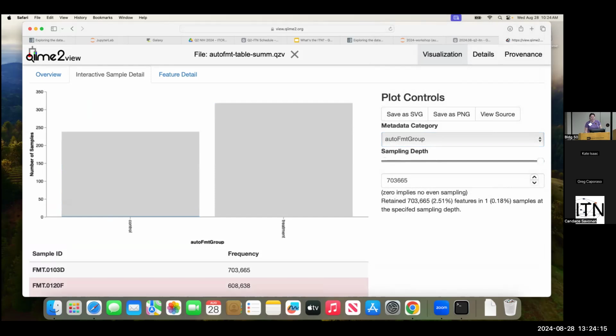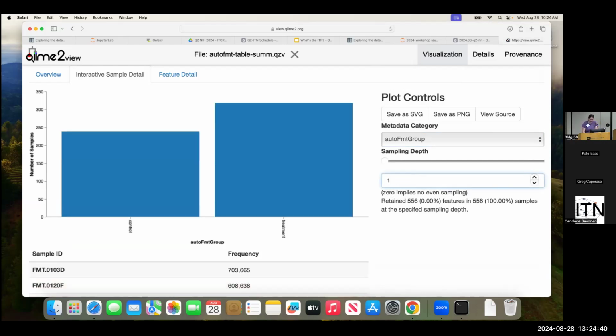And so if I slide this all the way over, I keep one whole sample, which is super exciting, but I lose all my other samples in the process. The positive of this is that I can investigate that sample as much as I want. The negative is that no statistical methods allow you to run on one sample. So I don't think that will be my sampling depth. But here we're playing a balancing game where you